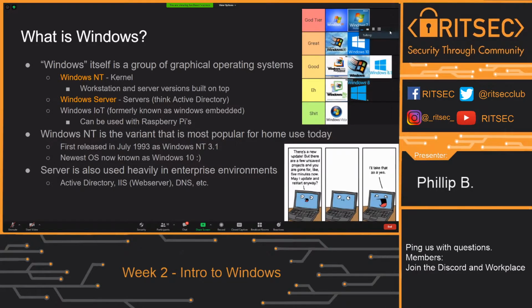There we go. Alrighty, so what is Windows? Windows is a graphical operating system. We went over Linux last week, which was a lot of command line and there were GUI options, but Windows is almost a completely graphical operating system. The kernel is Windows NT. And then you've got Windows servers, which have Active Directory, DNS. There's a bunch of services already on them. There's also workstations, which are your basic Windows computer.